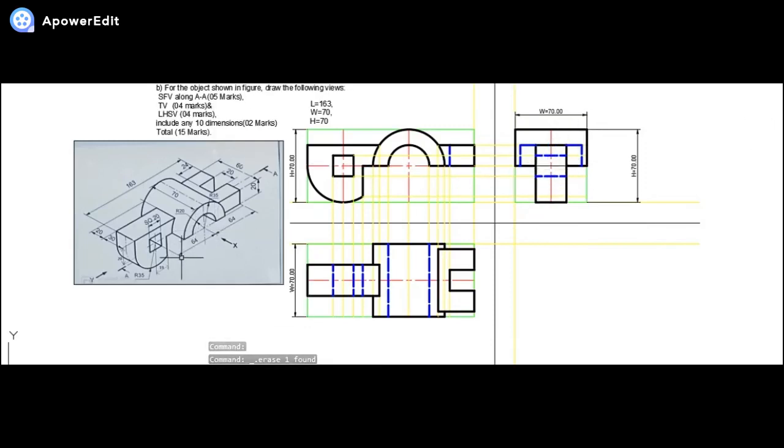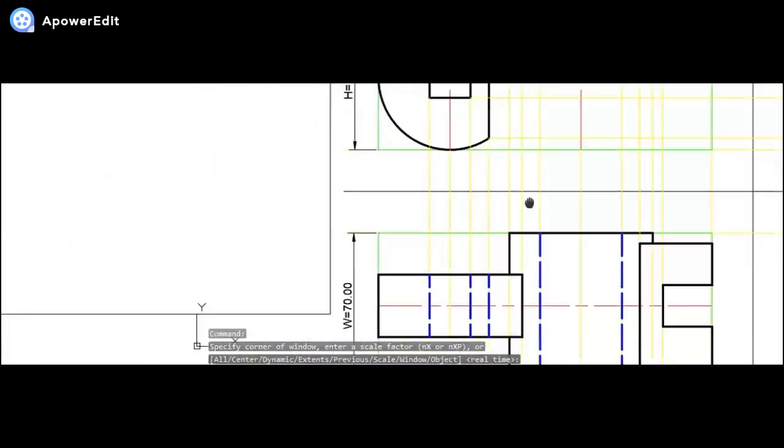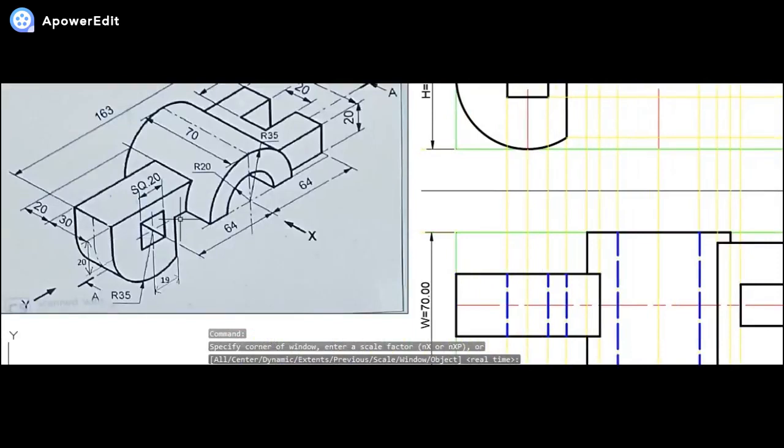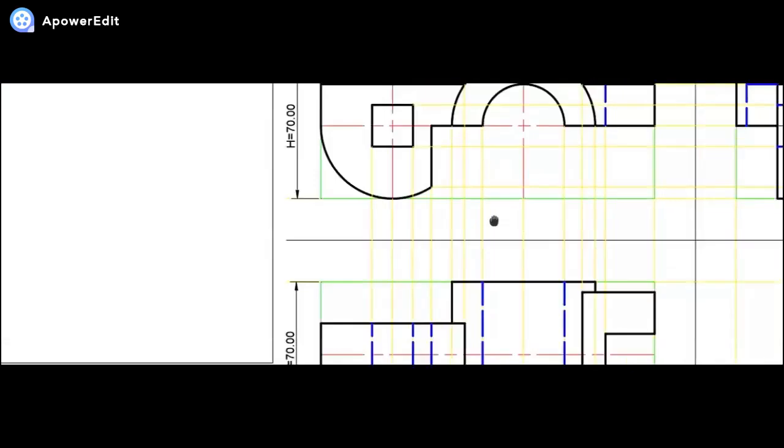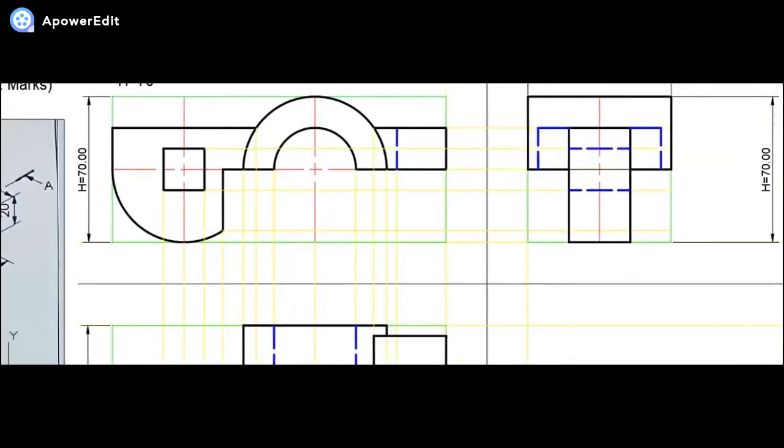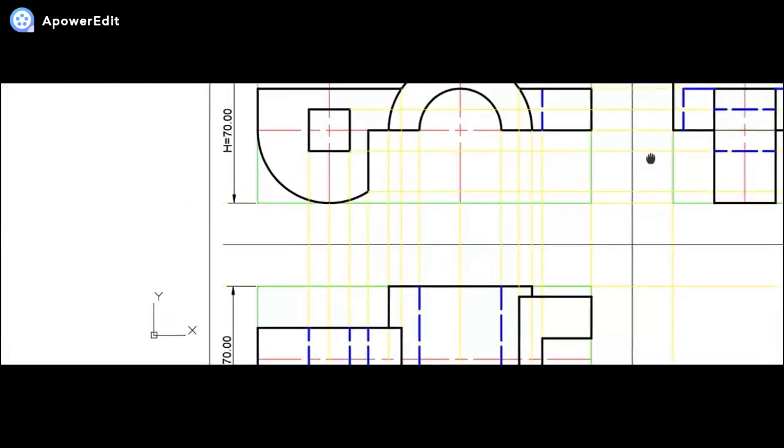So friends, there can be a confusion on your part regarding the hidden line. As you can see very clearly there, yes, it is a prominent edge over here. This one I'm talking about, this particular edge. Let me zoom in so that you'll be in a position to see. If I say this is the prominent edge, it will be aligned along with the center of the square slot.